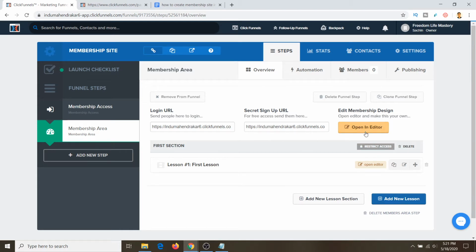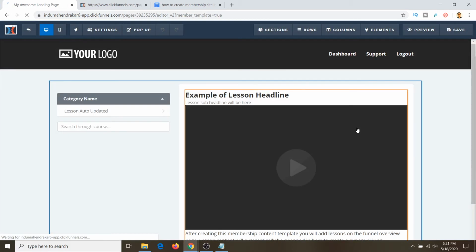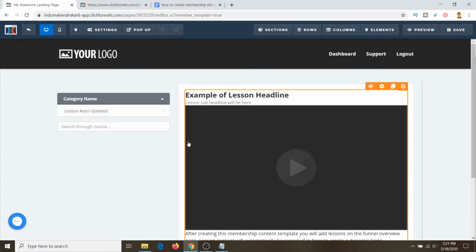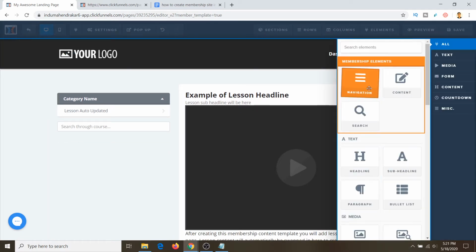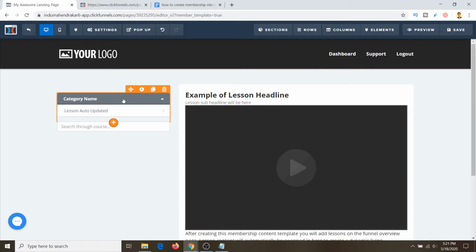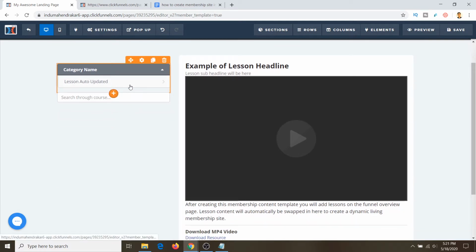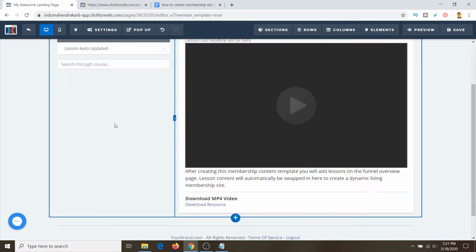So let's talk about the editor here. We will not make many changes, because the only difference from other pages in ClickFunnels is that in the elements you can see two different things: navigation and content. Navigation is what people see as they go through your course, like the course name, and how they can navigate.